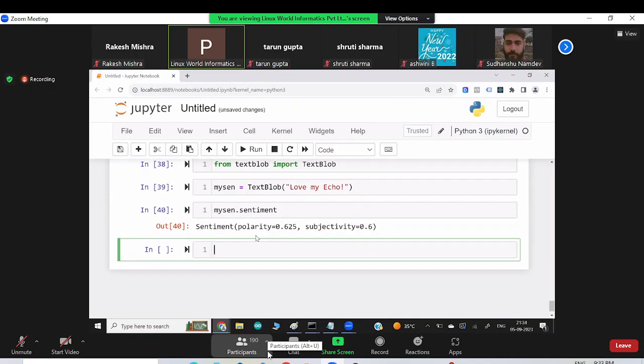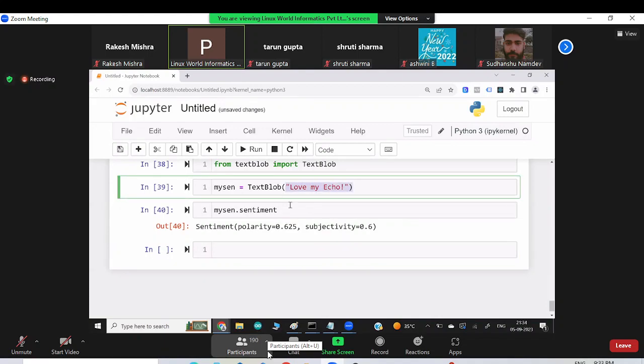If you see here, the polarity is close to 1. Not negative, positive, sorry. It means it's a positive statement. It means this feedback is positive. And this is not factual information, this is a kind of opinion. So again, subjectivity is close to 1, not close to 0. So yesterday, guys, we did this task, right?